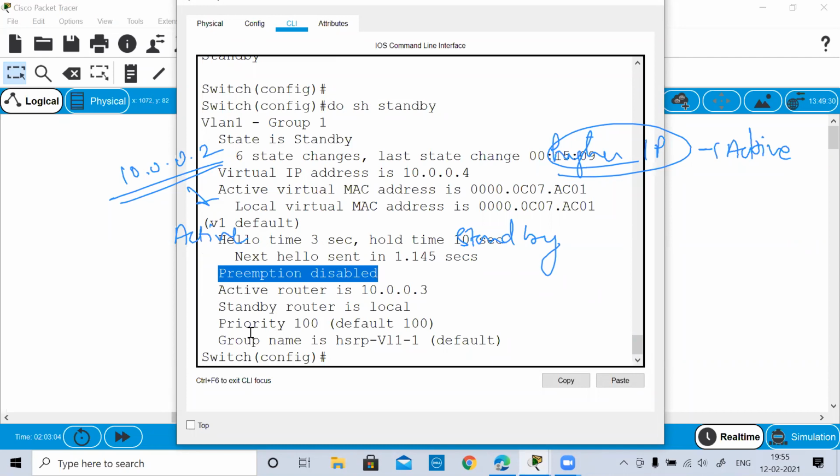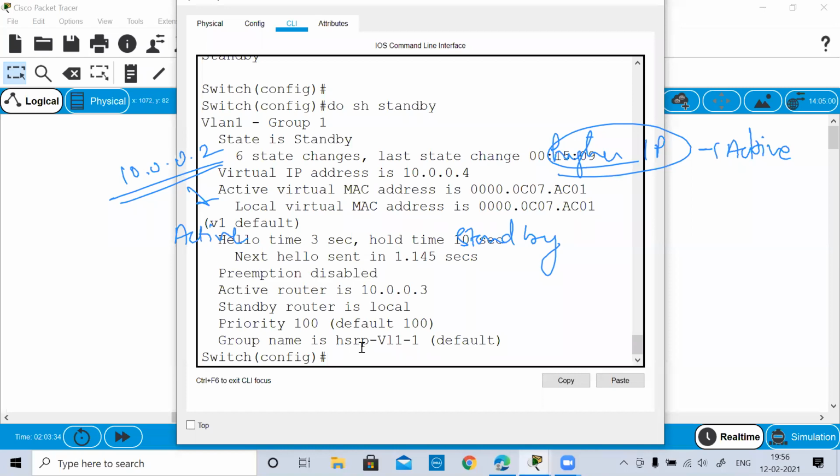So if you want the priority to decide which one will become active, it needs to execute properly. Because if this is disabled and even if you change the priority, the execution is not going to come up. The one which you want to make active will not become active as long as this is disabled. No matter how you increase the priority value, if it is disabled, nothing is going to be executed as active. So first you have to enable this.